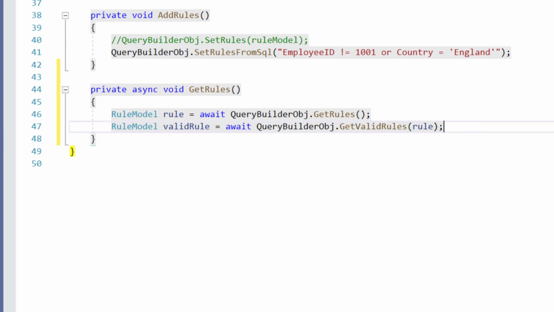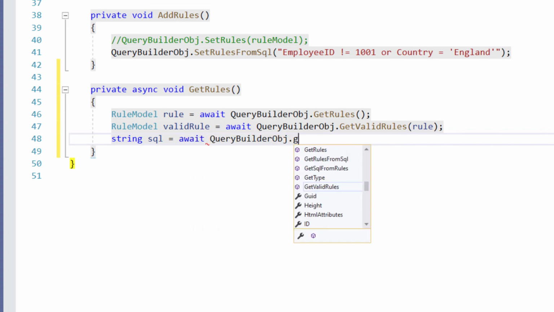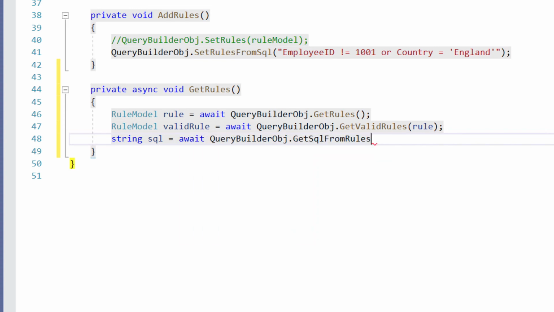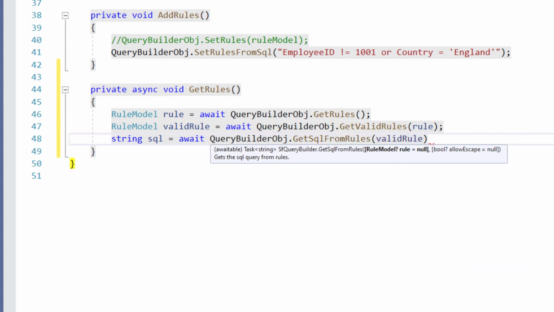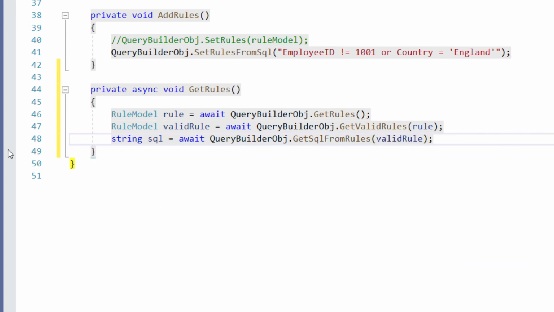To get the SQL query from the same, I create a string variable sql, assign the value await queryBuilderObj.GetSqlFromRules and pass the validRule object. Let me place a breakpoint here.